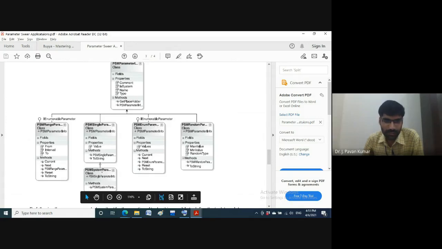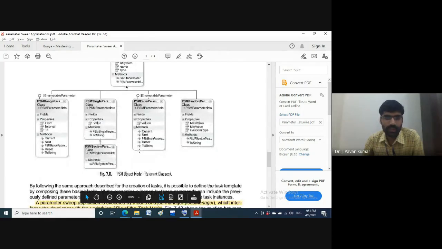Final one is system parameter, which in turn is the subclass of a single parameter. This system parameter is a subclass of a single parameter, which in turn is the subclass of this parameter info. So this will also be considered as a subclass of parameter info. Okay, this is basically the 5 types of parameters that we have.